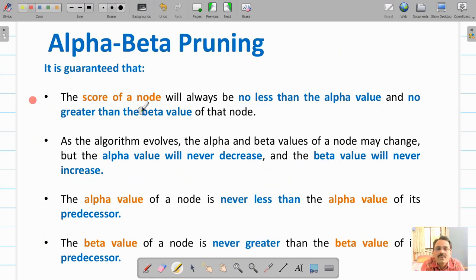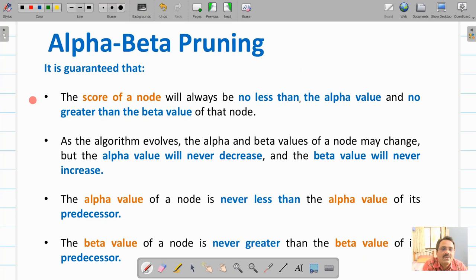The score of a node will always be no less than alpha or no greater than beta. That means the node value, which is different from the alpha beta value as in the minimax algorithm, will be greater than alpha and less than beta.